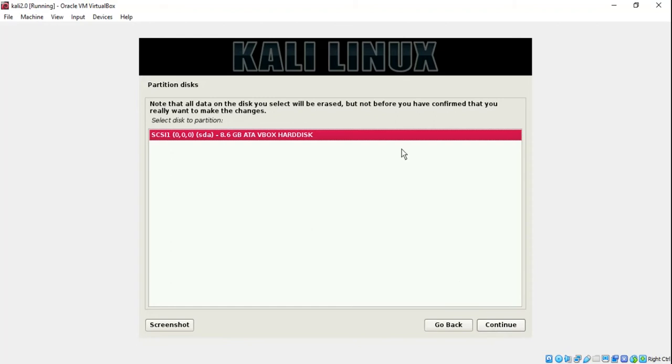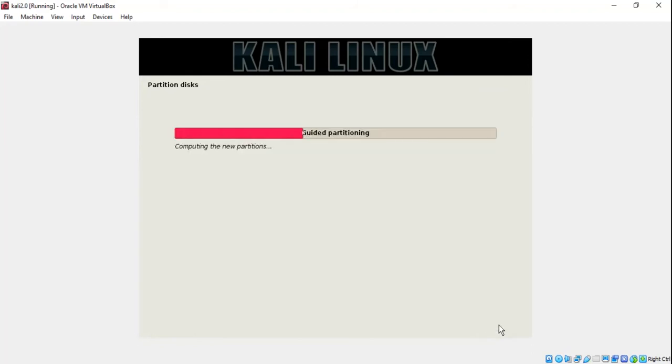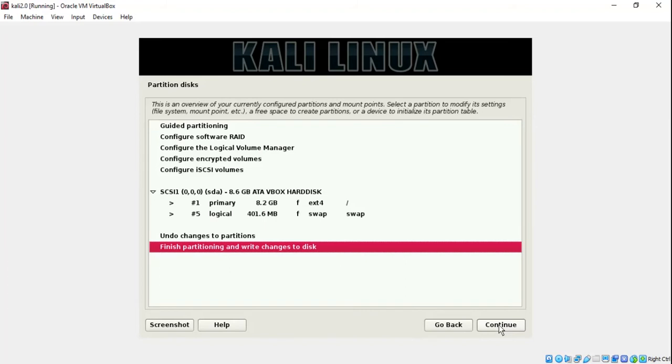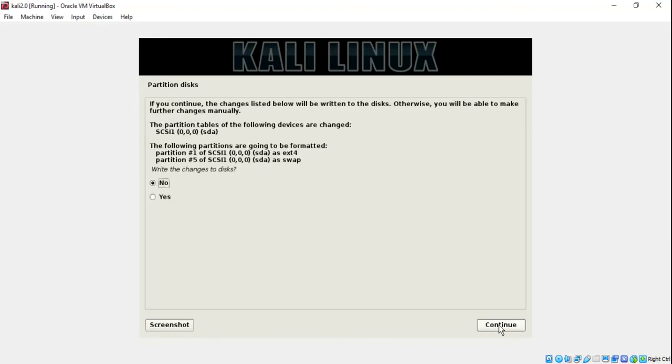We have only one option, so click on continue. Leave it to default and click on continue. Okay, finish partitioning and write changes to disk. Now it's asking you, write the changes to disk, yes or no. Select yes. Click on continue.